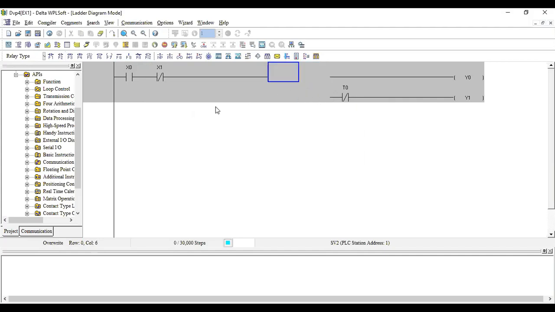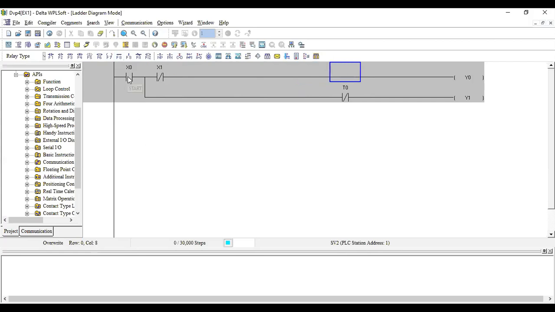So this should come after the stop button. I'll make connection from this point. This should come before your stop button. So I'll make the contacts. Okay, so this my first rung is ready.